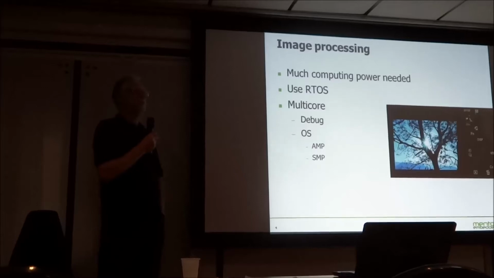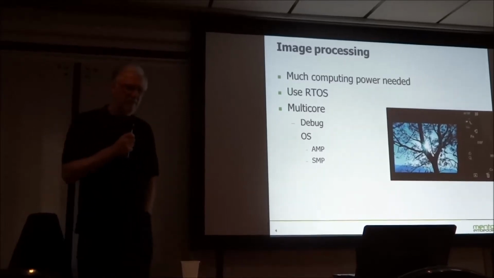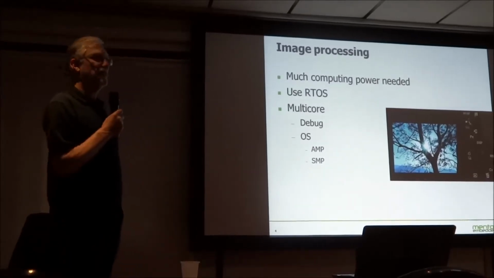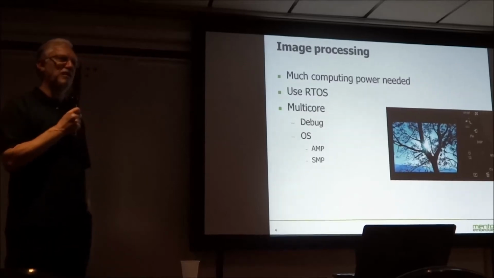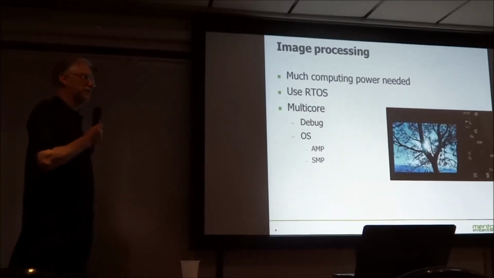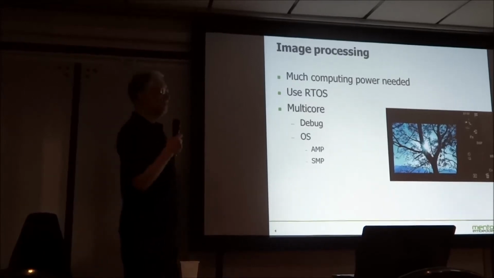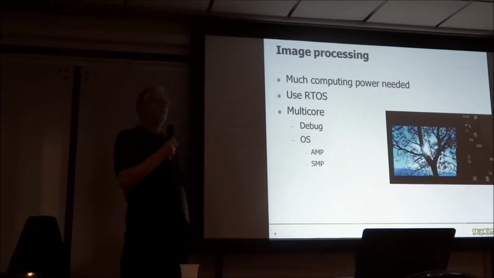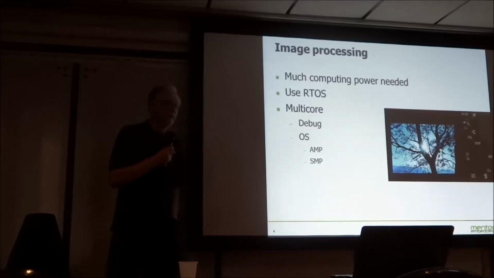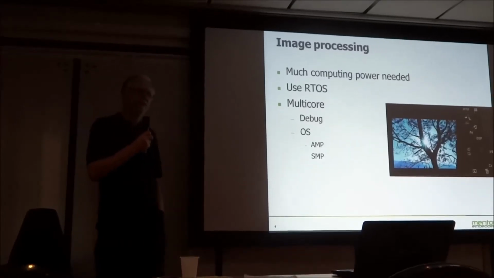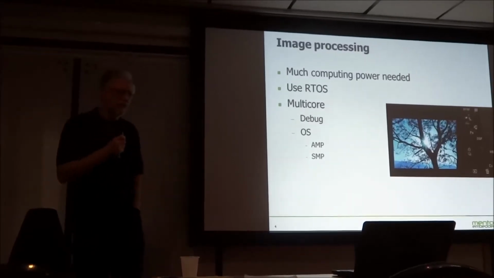This presents some very interesting challenges for the software engineer. Debugging is one of them. Debugging is difficult when you only have one core. As soon as you have two cores, it's more than twice as difficult, and it carries on from there. It's also a challenge from the operating system point of view, because if you have multiple cores, you still need either an operating system or some operating systems. There are two different